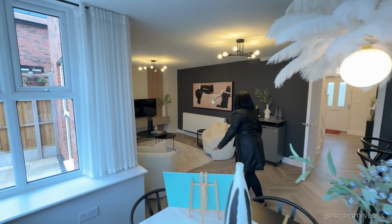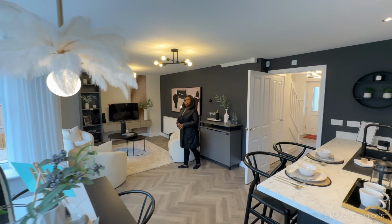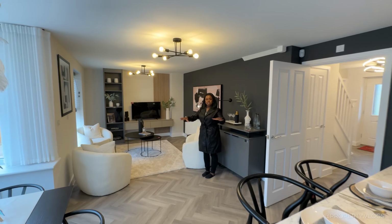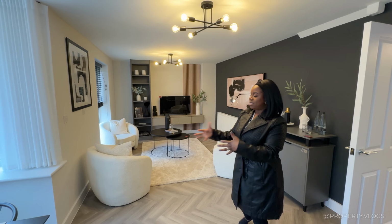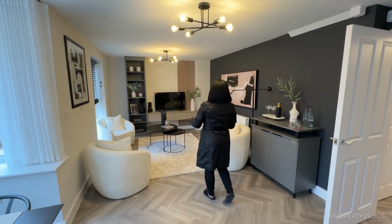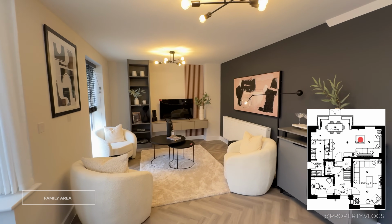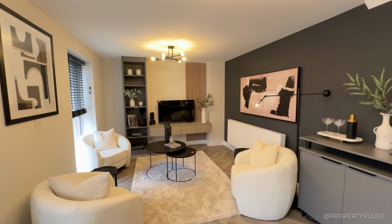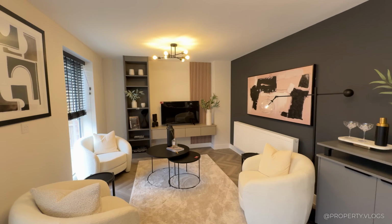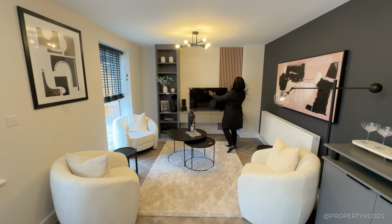Again, look at all this circulation space. If you are into having lots of family gatherings or entertaining, this is a priceless space, isn't it? Because sometimes when furniture is just backed onto each other, there's no space to move around and you really do feel squashed. If you wanted to, you could go with a larger sofa here, but they've gone with three separate big, individual armchairs, a large rug in the middle, a large coffee table, and then this arrangement again, which is